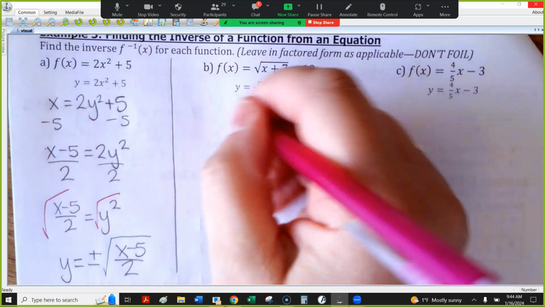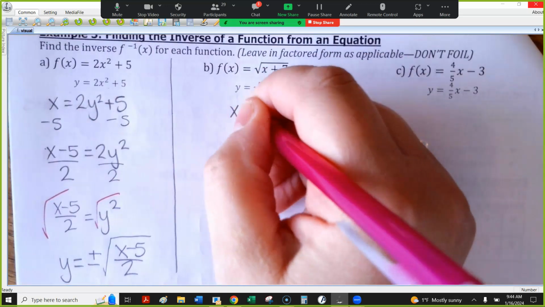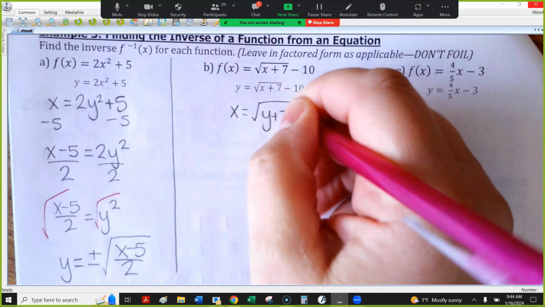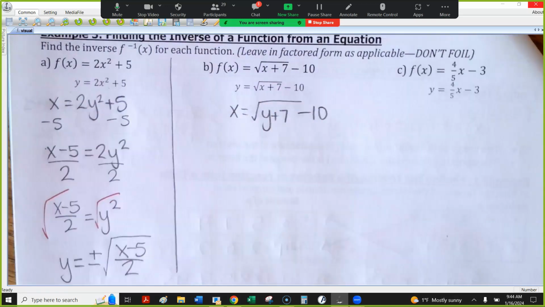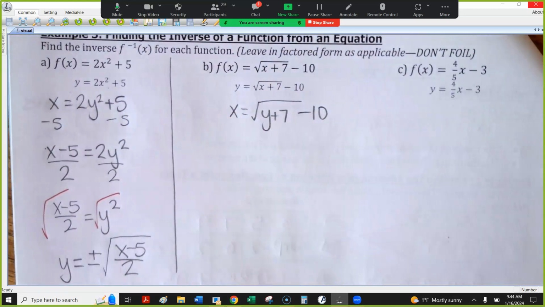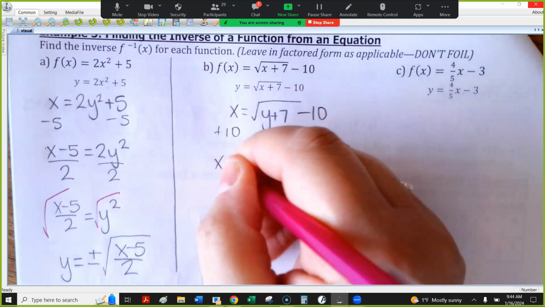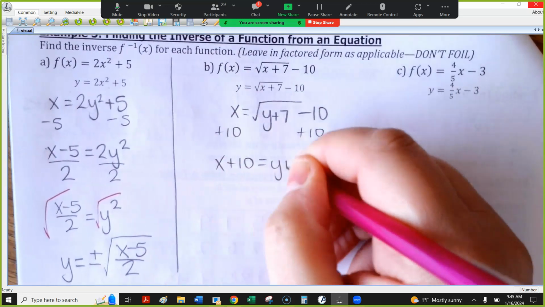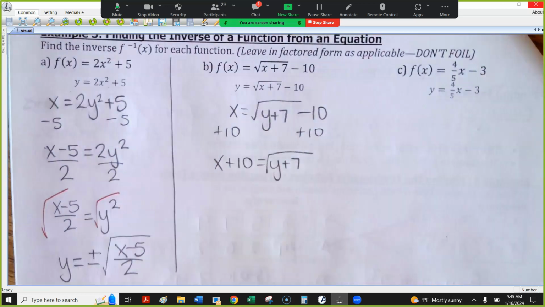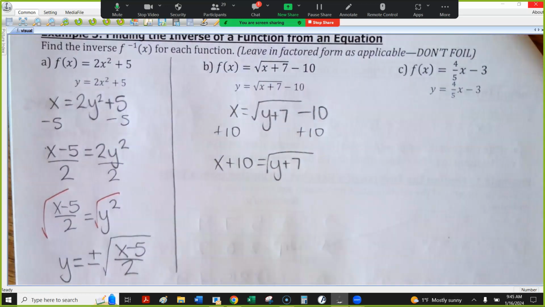So I'm going to write x equals, and then we're going to do y plus 7 minus 10. Now, you cannot add and subtract things out from underneath the square root. So I do want to get rid of that 10 just real quick. I'm going to add 10. And so I have x plus 10 and y plus 7, all of that is under the square root. Now you can't just subtract the 7 out from underneath the square root. So actually the next step here is going to be to square both sides to get rid of that